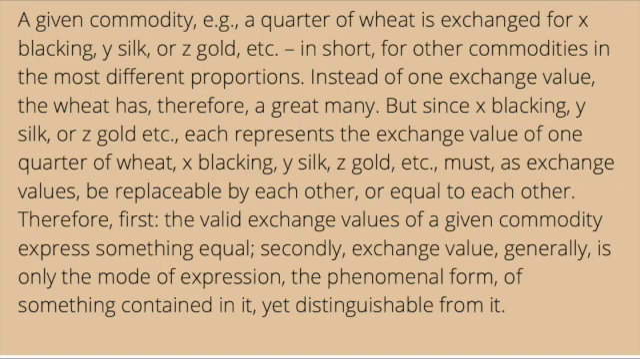A given commodity, a quarter of wheat, for example, is exchanged for x blacking, y silk, or z gold, etc., for other commodities in the most different proportions. Instead of one exchange value, the wheat has, therefore, a great many. But since x blacking, y silk, or z gold each represents the exchange value of a quarter of wheat, x blacking, y silk, z gold must, as exchange values, be replaceable by each other or equal to each other. Therefore, first, the valid exchange values of a given commodity express something equal. Secondly, exchange value, generally, is only the